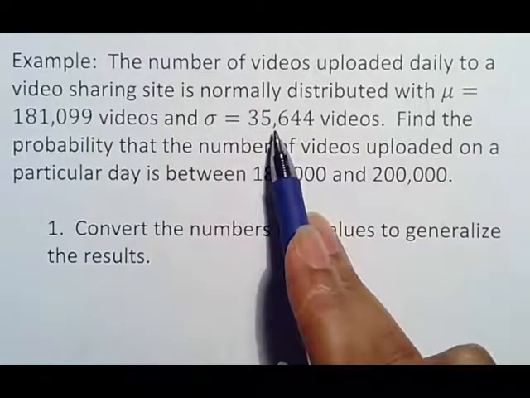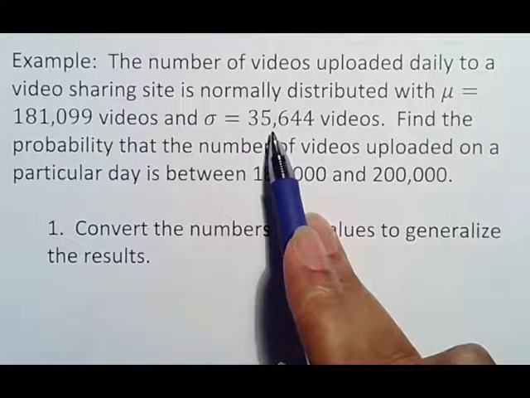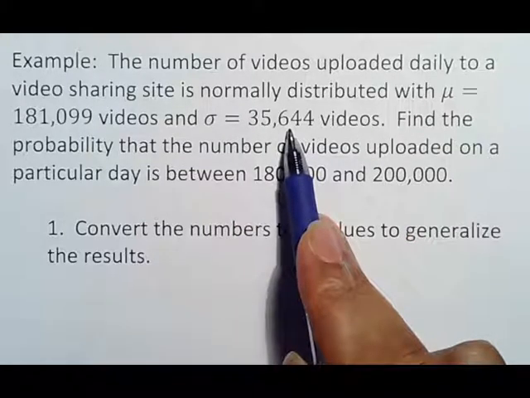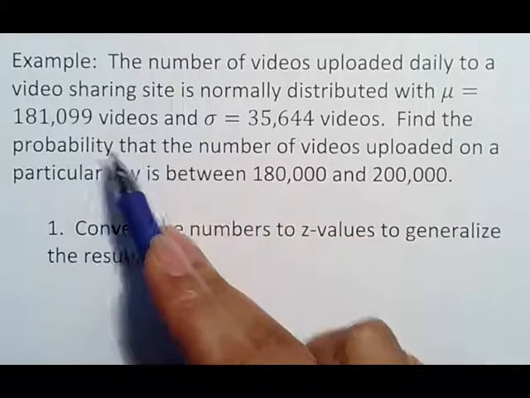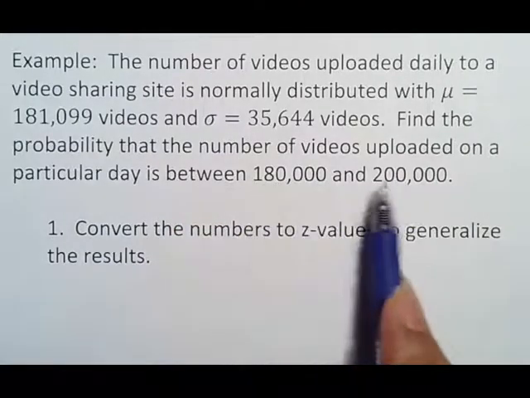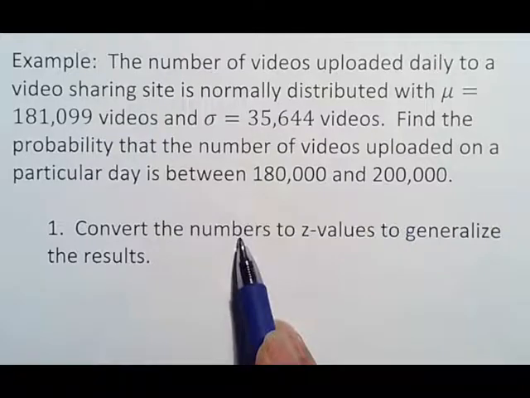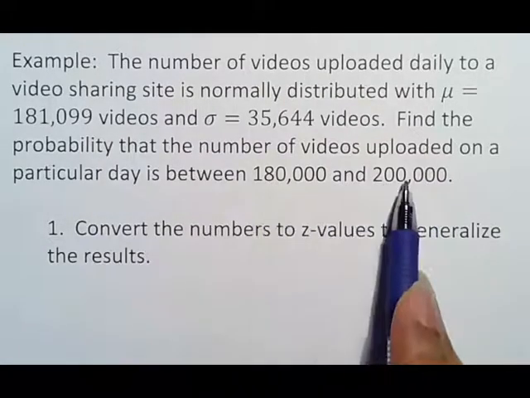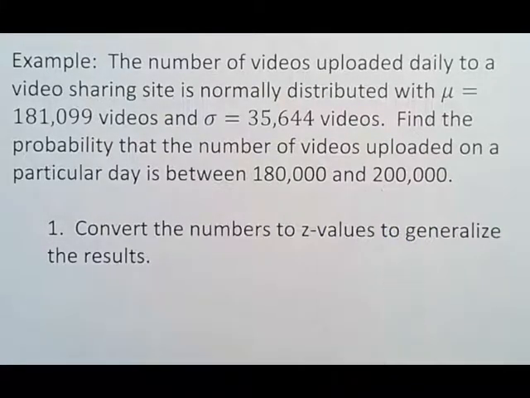So this is information you can use, which is why statistics is important, especially in business, because you want to know this kind of stuff in terms of what to expect. It helps you make decisions. But anyway, they want the probability that today is going to be a day that will have this many videos. So the first thing you want to do is convert these numbers into z-values, because in terms of working with normal distribution, the numbers themselves are useless unless they are broken down to that chart.